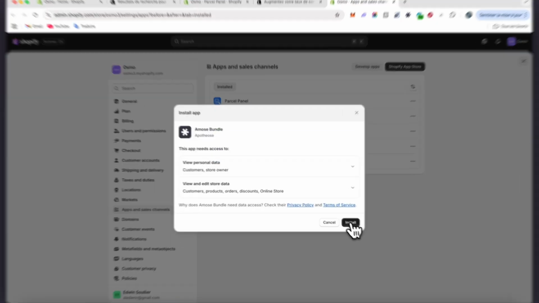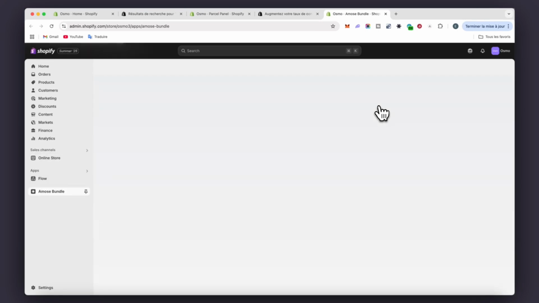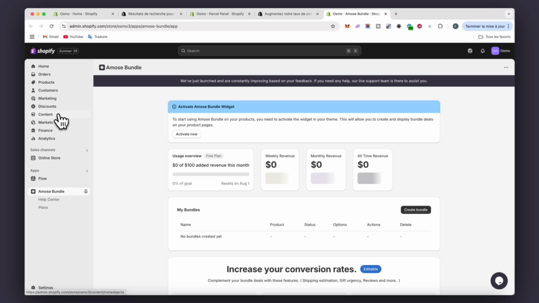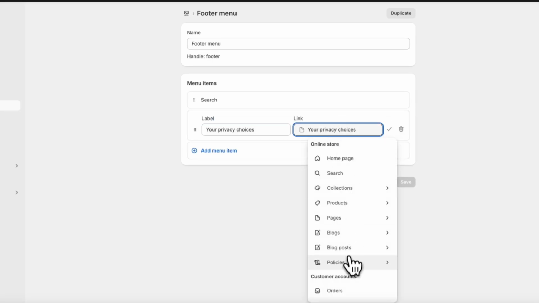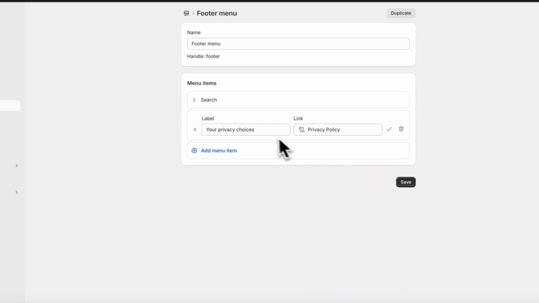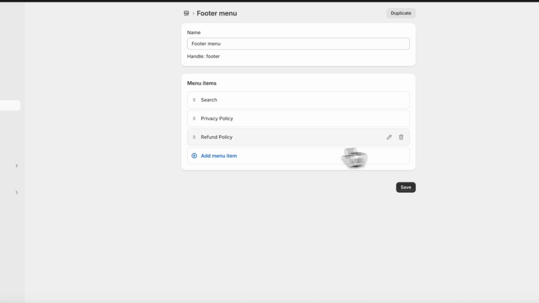I don't know why I get this error, but you just download the app, install, and that's all. You have your 2 apps. So now we're just gonna go in the content area there, and we go in menu. We're gonna go in footer menu, so it's gonna be for policies mostly, and we're gonna change the second one with privacy policy, and you change the label, but normally it changes automatically, so it should be the same for the second one, etc., like that,